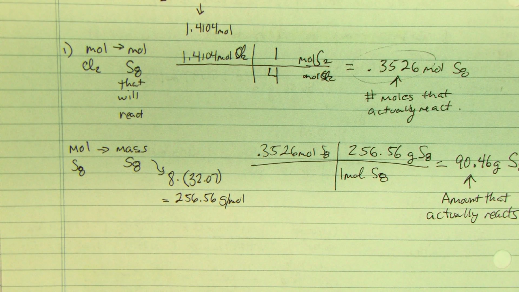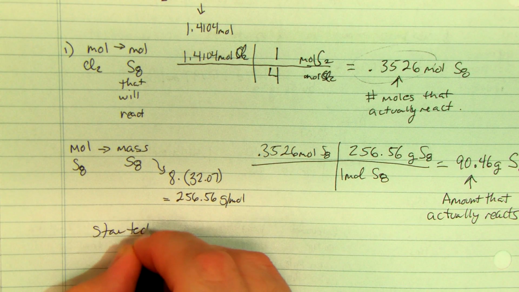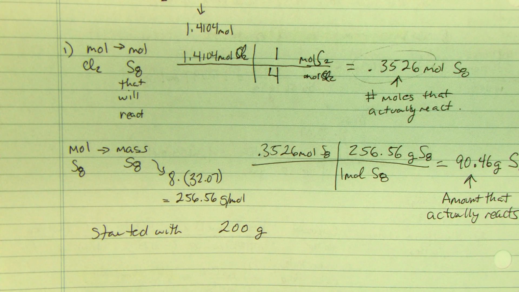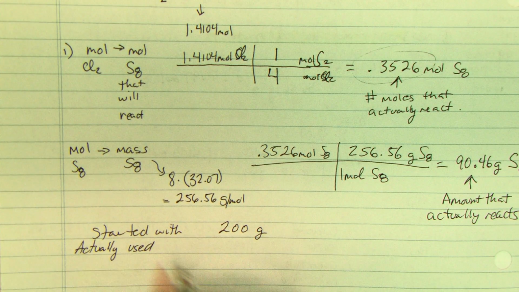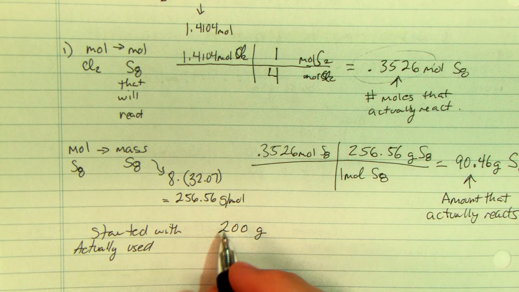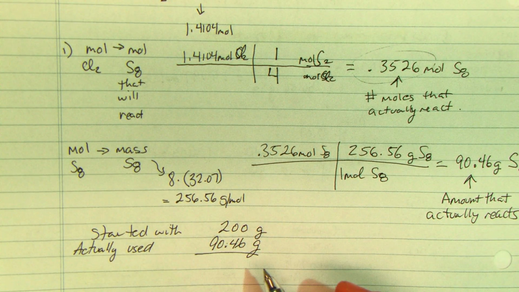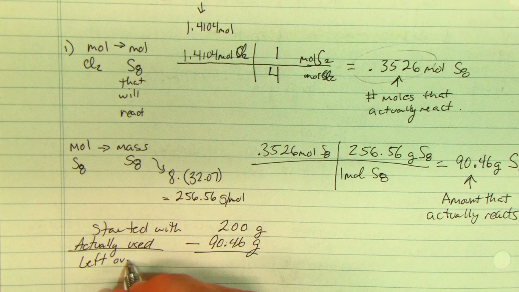Now, how much did we start with? Way back in the beginning of the problem, how much did we start with? We started with 200 grams. How much did we actually use? How much did we just calculate that we should use? 90.46 grams. Now, how are we going to figure out how much is left over? Subtract. So I'm going to take 200,